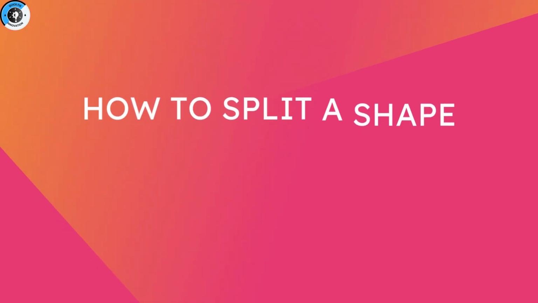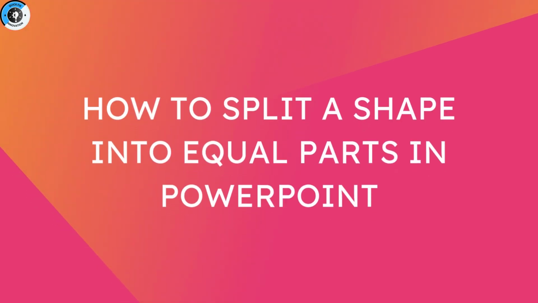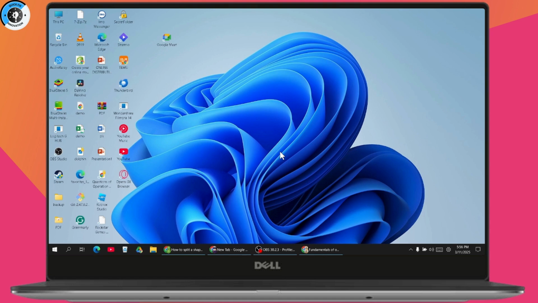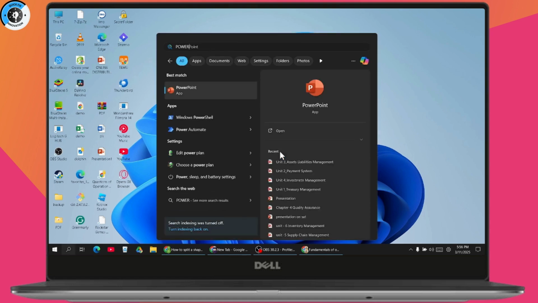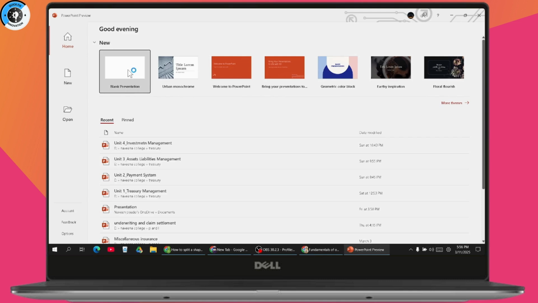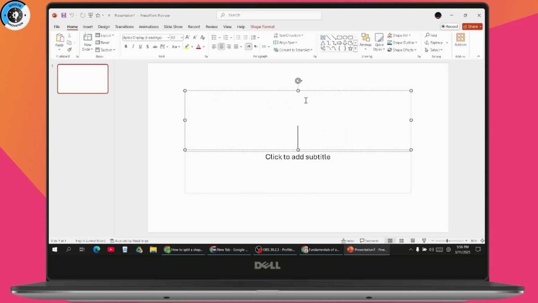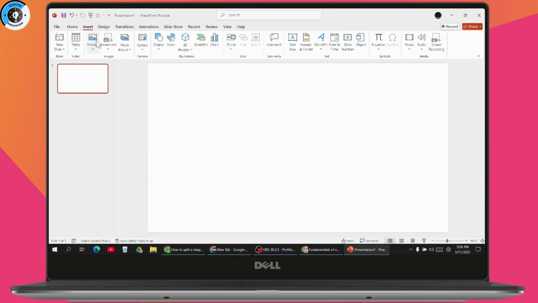How to split a shape into equal parts in PowerPoint. So if you want to split a shape into equal parts in PowerPoint, then first you need to open up your PowerPoint application. After that, select your presentation. After selecting, now you need to go with Insert, which is on the upper left, and from here you can